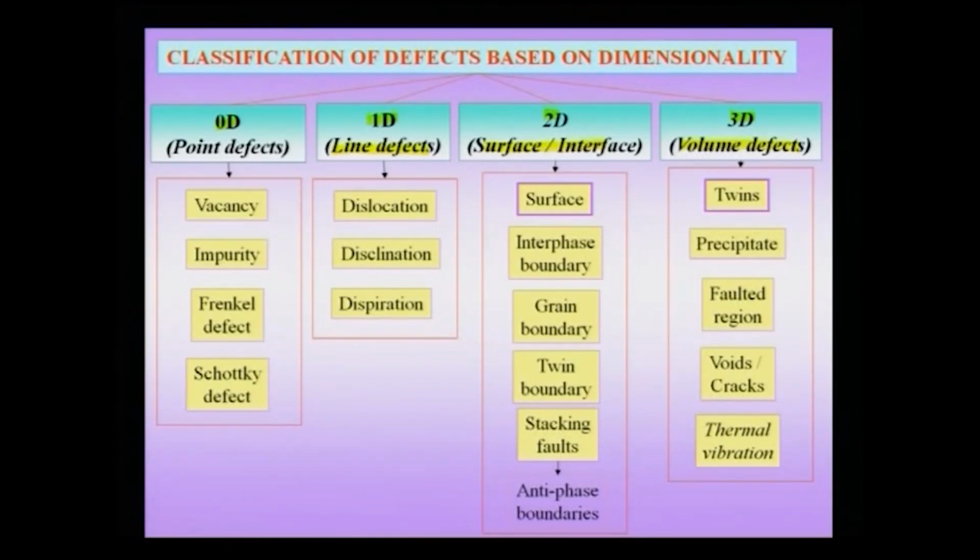For instance, when you have a material, it is going to be finite, you are never going to have an infinite material. Therefore, surface is one of the unavoidable defects in a material. So, you need to have a surface if you have any material. The second unavoidable defect is what you might call thermal vibration, that is, because we always have materials at a